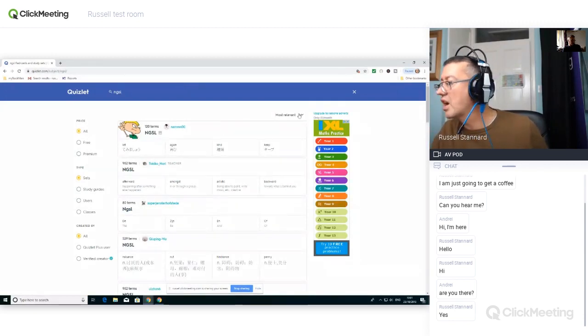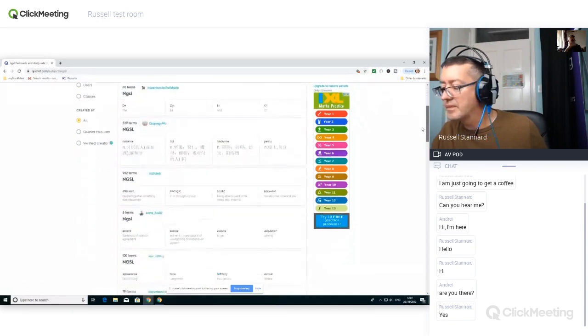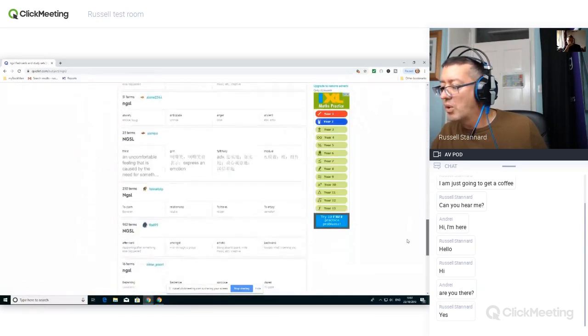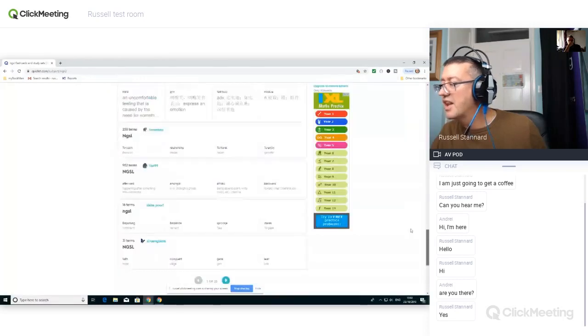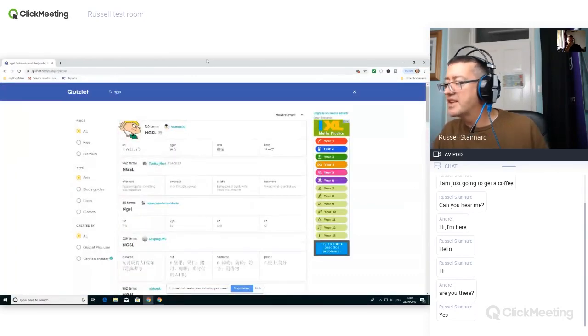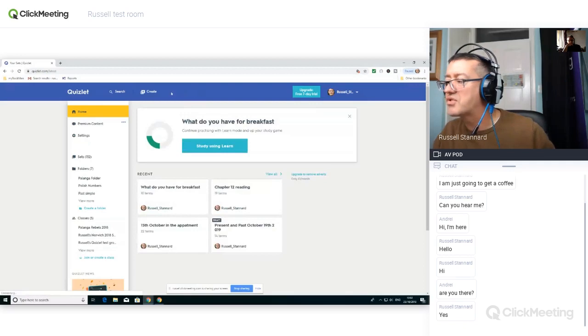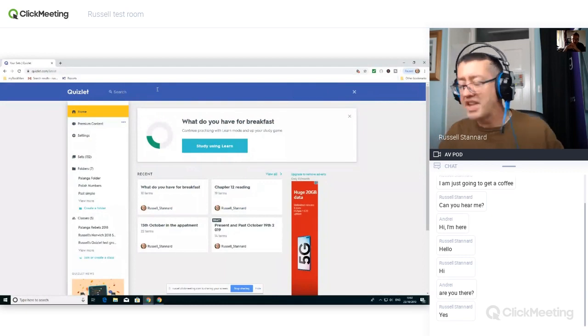I don't want the sets, I want the classes. In the past, when you did a search, it would also search for classes. That's something that's changed recently. Let me just try something just in case it's going to work. Now it's just showing me the study sets, exactly.